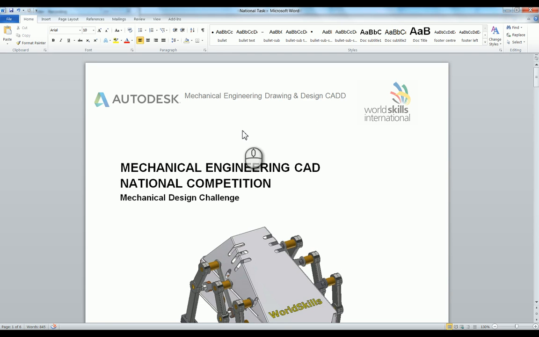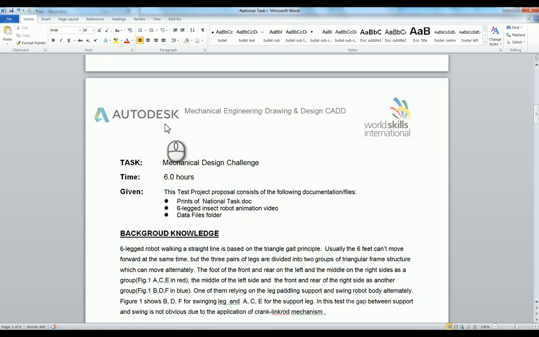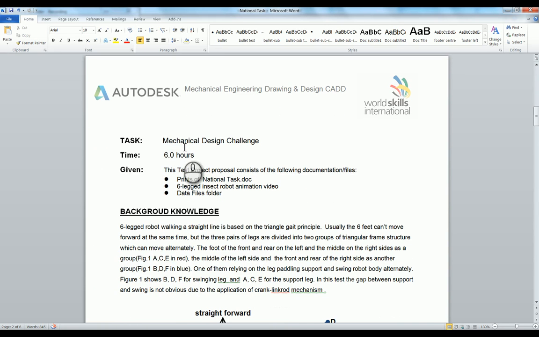This is the task for the Mechanical Engineering CAD National Competition. This one is the 6 and 4-legged insect robot. So I'm just going to go down onto the first page. The task is the Mechanical Design Challenge. You'll be given 6 hours and you'll be given prints of the national task, which is what we're looking at